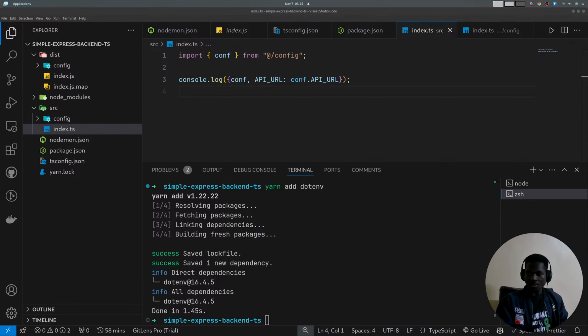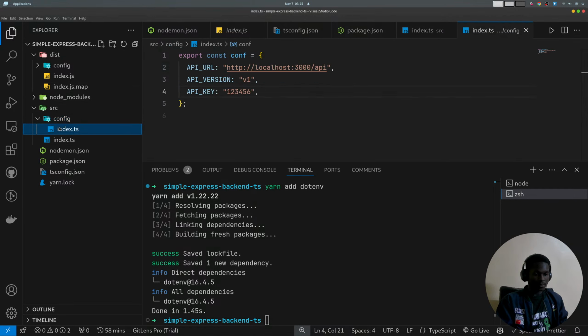So .env will help us to load environment variables. So in the config here,